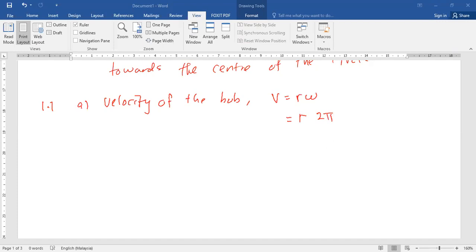Let me see what the question is about. It makes 10 complete revolutions. We use 2 pi f. That means that R is equal to 1.9 times